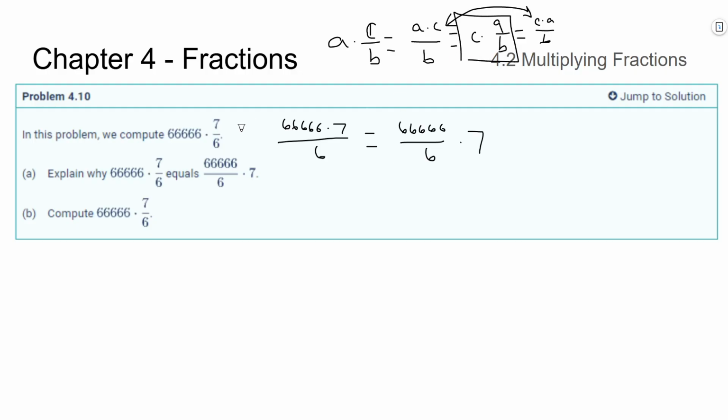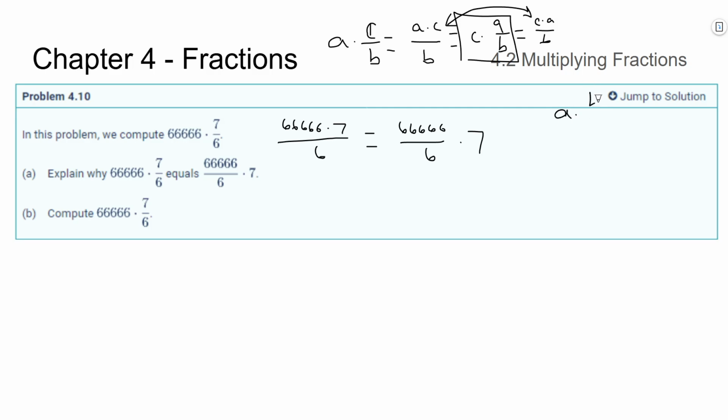So it's the same thing that we did here. We basically plopped the 6's on top, and then we took out the 7. All in all, it's the same thing, using the same rule, just a different part of the number to swap it out. So it is true that you could say